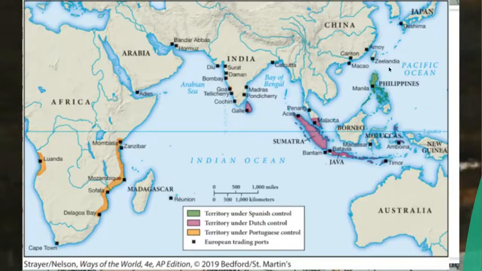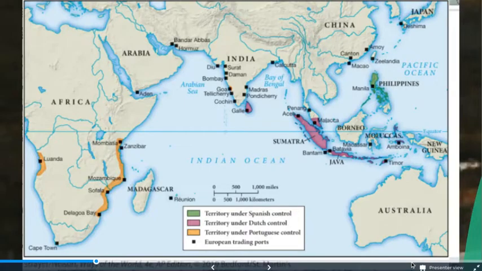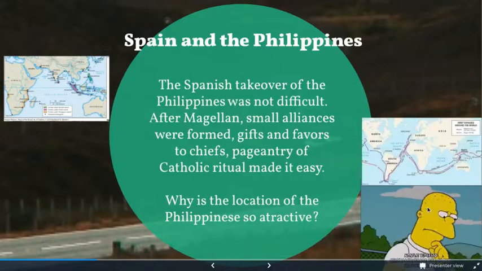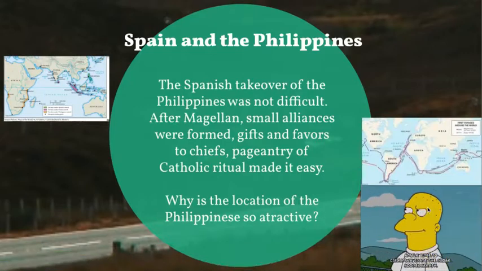Let's look at the Philippines here. So the Philippines, why would this be so important? Well, Srivijaya, that empire is right here. The Malaccan Strait is right here. And if you want to get to any of this over here, you're going to have to go through the Philippines at some point. Also, the Philippines is close to China and Japan, making it really just a perfect setup. So definitely someplace you'd want to go.